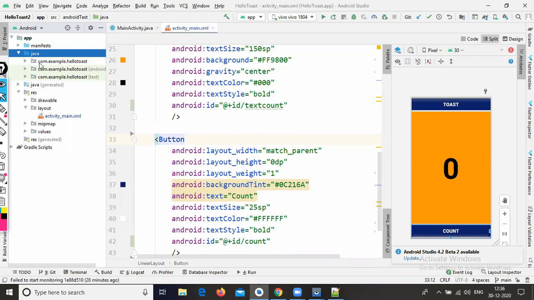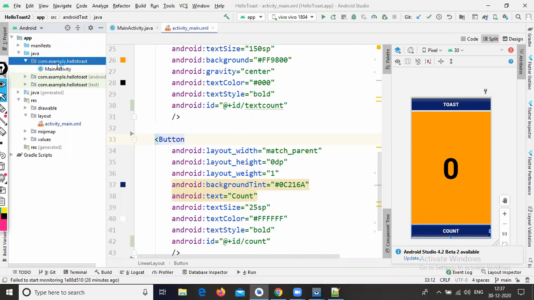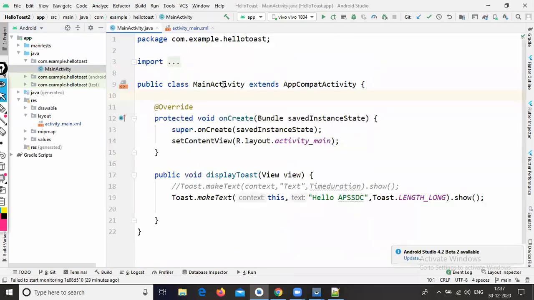Just expand the first package only. In the first package, we have a Java file with the name of main activity. Just double click on it. Now it will open the main activity.java file.